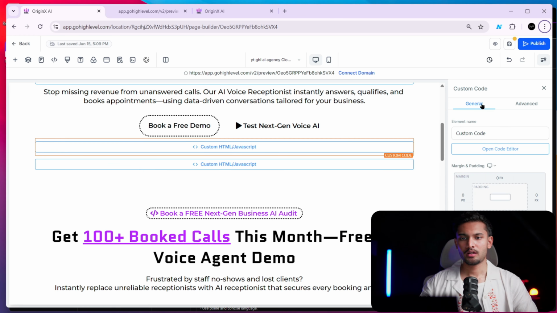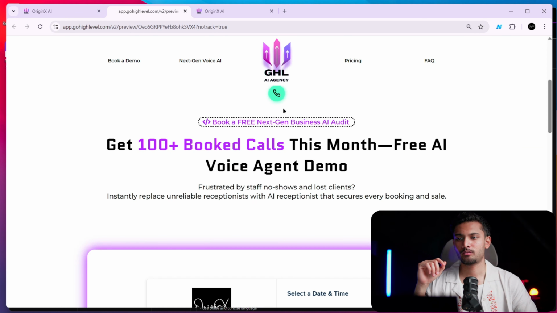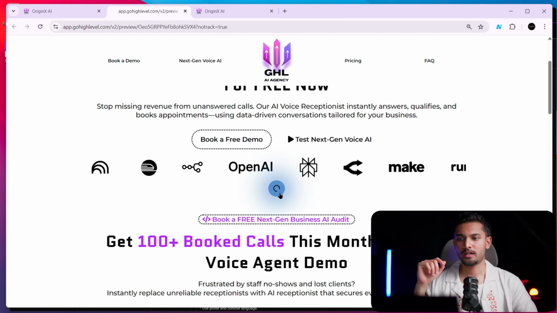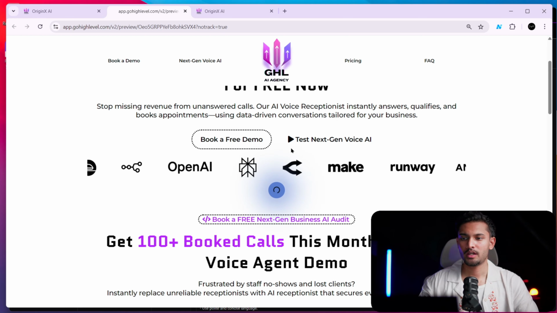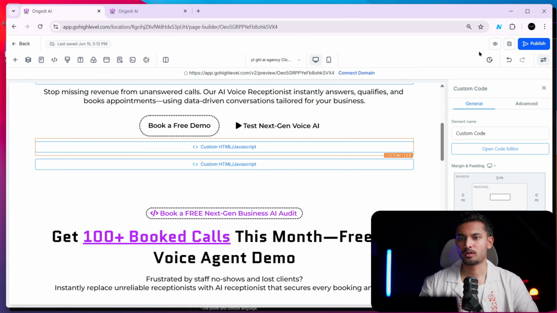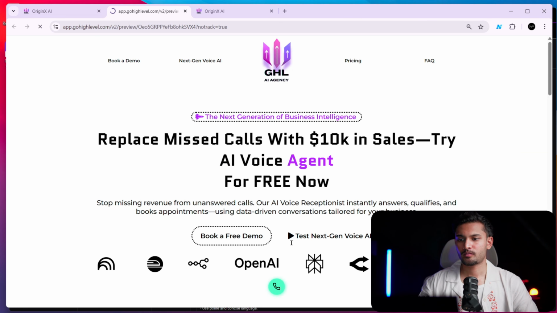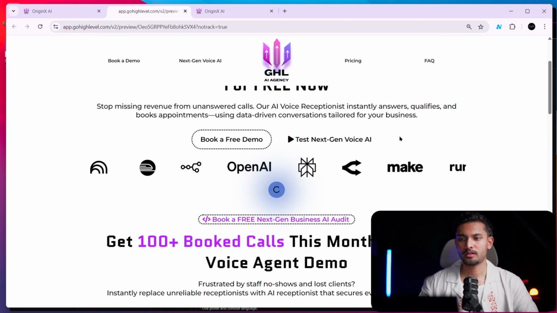Okay, so I pasted my API key and the assistant ID. Now I'll save it and we'll look at the website once again. By the way, if I click on this right now when I haven't pasted or used my API keys, it will just load forever and won't work. Now if I open this with my keys and I click here,